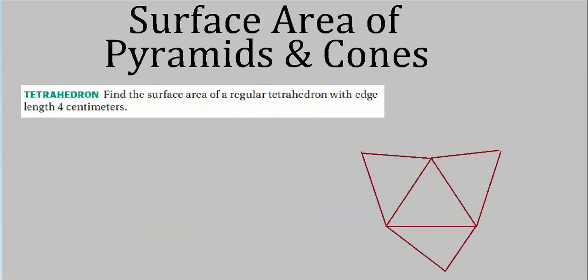And here they've asked us to find the surface area of a regular tetrahedron with edge length 4 centimeters. So, remember, these are all the same triangle. This is the net. Badly drawn again. Each of these triangles should look just like this one. Well, it's going to be pretty easy once we figure out some more useful parameters. If we find the area of any one of these triangles, all we have to do is multiply by 4. So, what about this one?